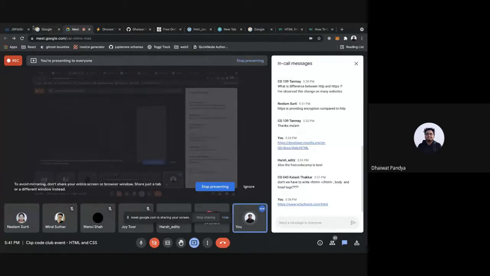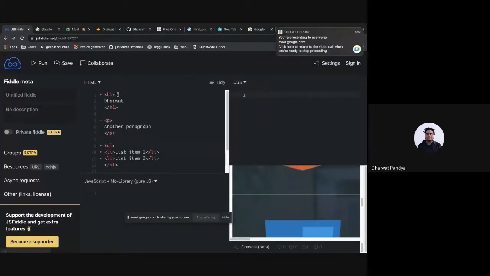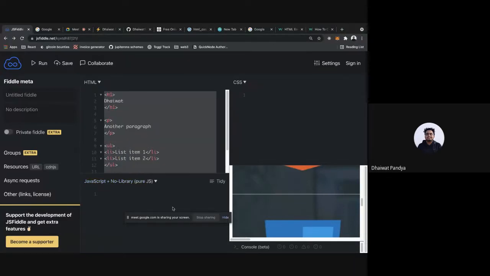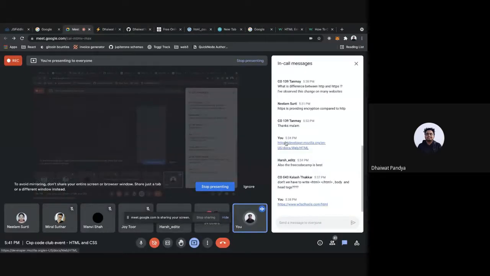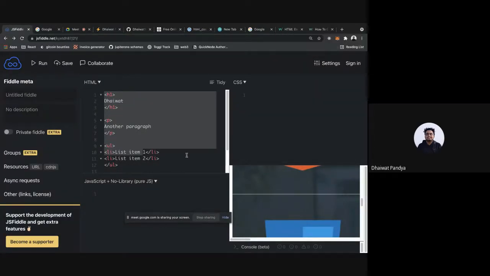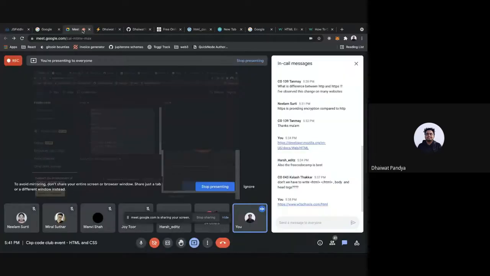Yes. So if you were to write it inside something like Visual Studio Code or any text editor, then you would have to write HTML. But since this is an online playground, you don't have to write it here. Okay. In reality, you actually have to link all of these files together. But when you are learning, you don't need to worry about that. You can get to those things later. For now, you can just write HTML, CSS, and JavaScript. Simply just write it. You don't have to worry about linking or anything else.